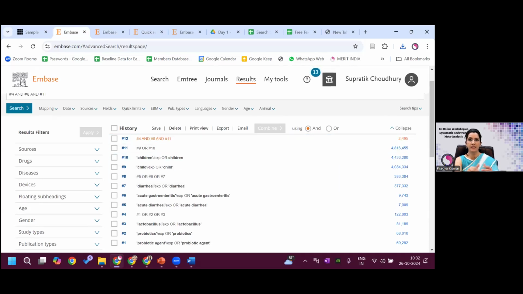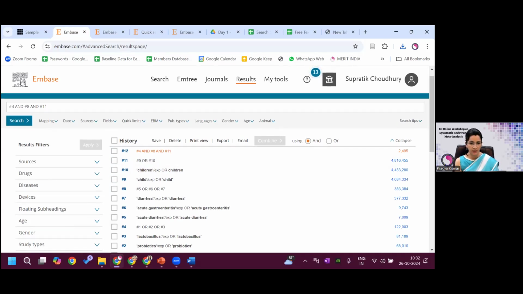So is this clear to all of you, the interface of Embase? Then I'll show you on Web of Science and then on OVID, I mean on Medline. Okay. Then I'll go to this